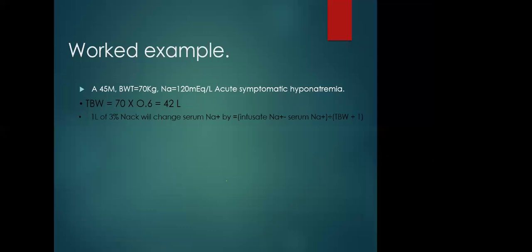So you take the infused sodium which you are going to give, minus the patient's serum sodium, divided by the total body water plus 1. So you will end up with the equation like this, and then you are going to have about 9.13